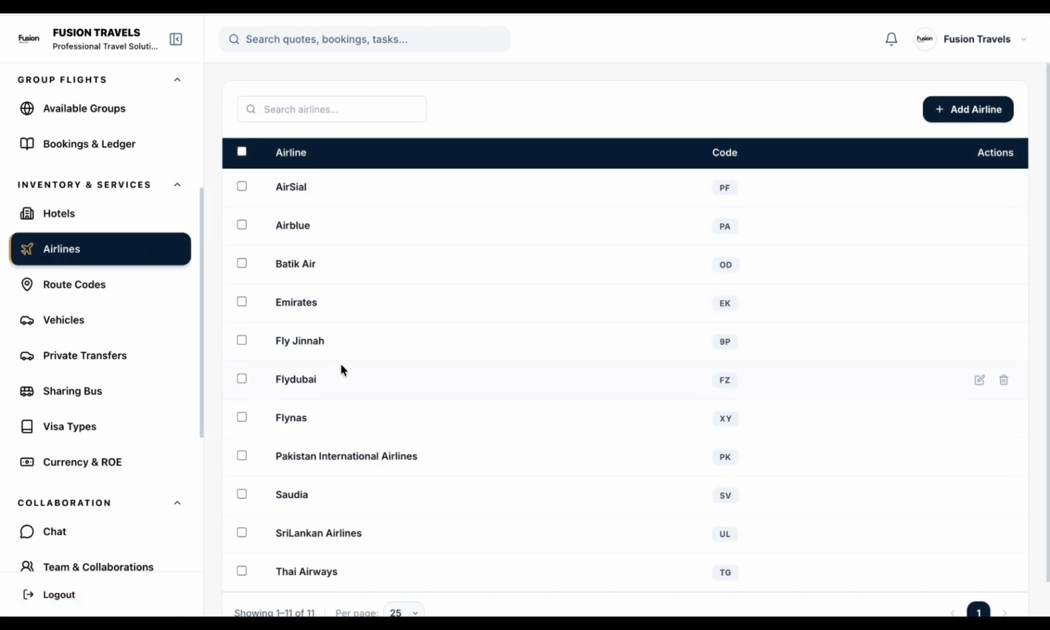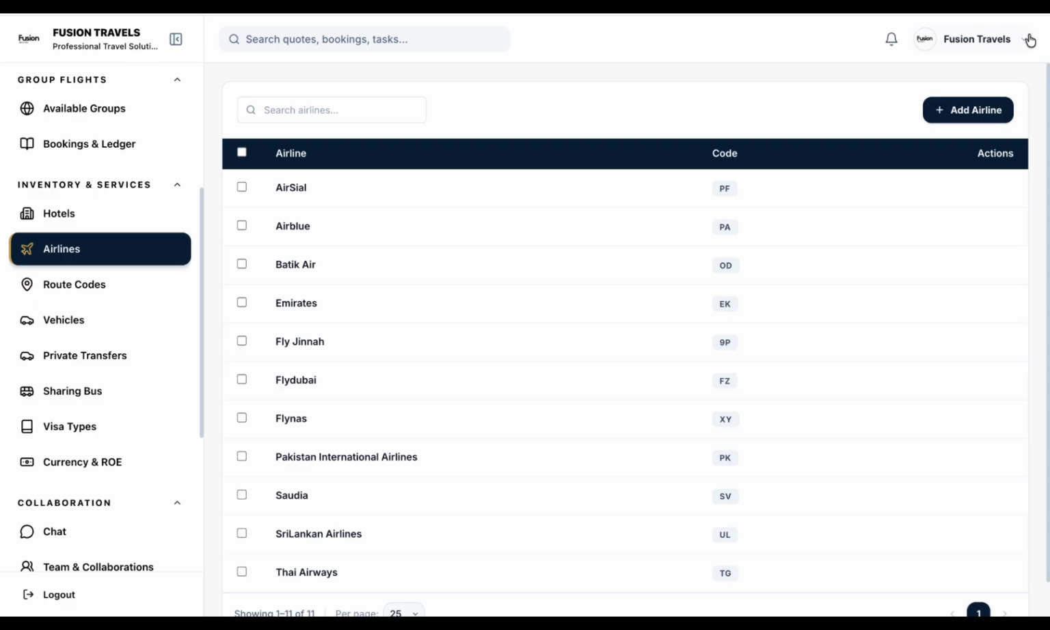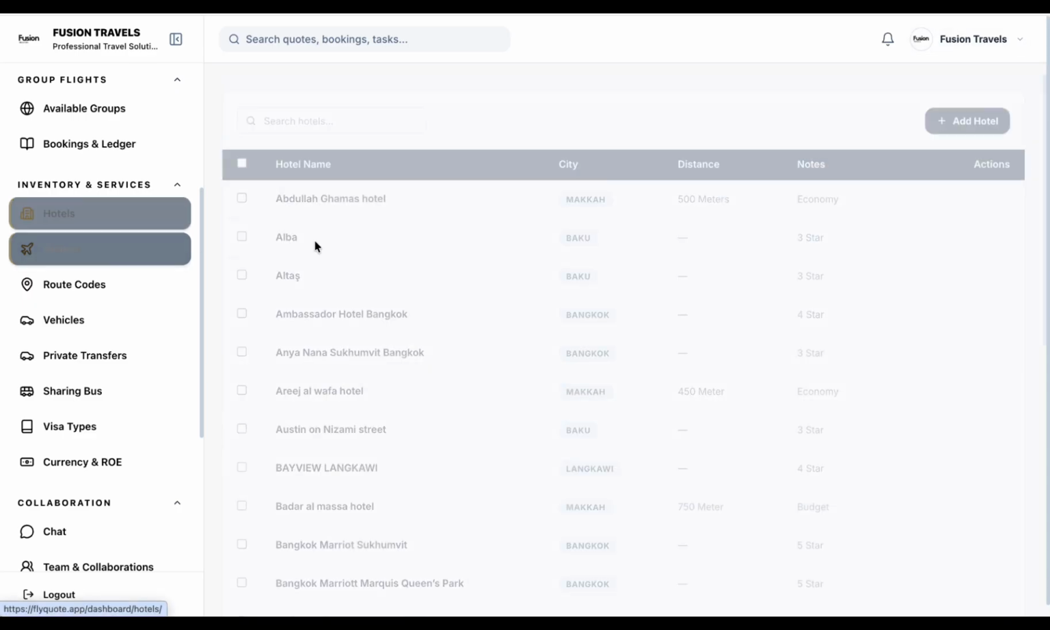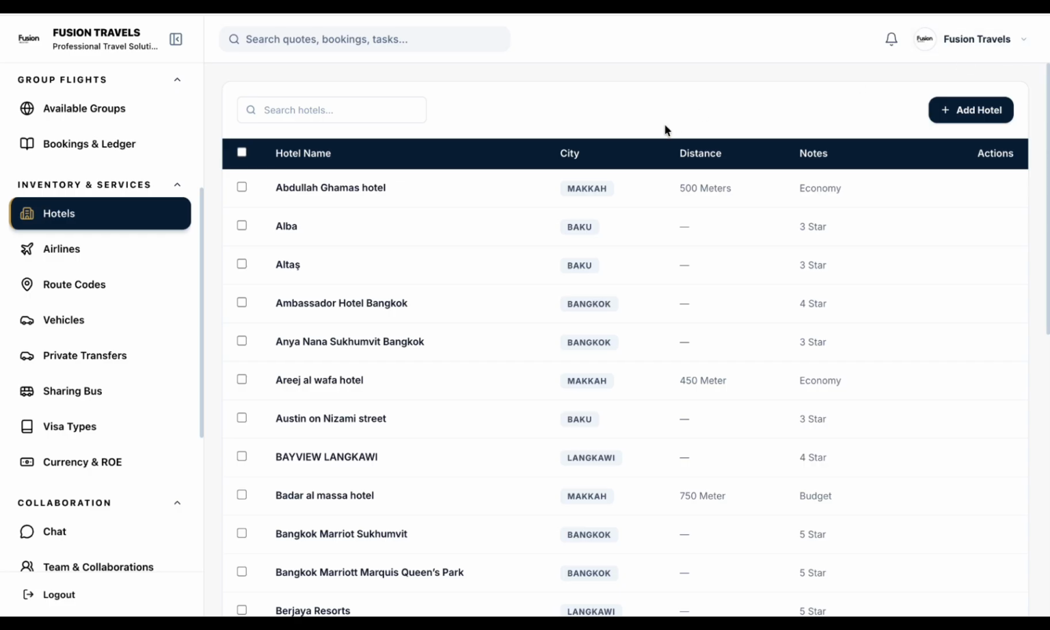Airlines, we have some pre-populated airlines, but you can always add new airlines with their airline codes. So it will be helpful during quote creation. You won't have to put the details manually by that time. Hotels, we have some pre-populated hotels, but you can always add new hotels, and once you buy the subscription, we'll be able to